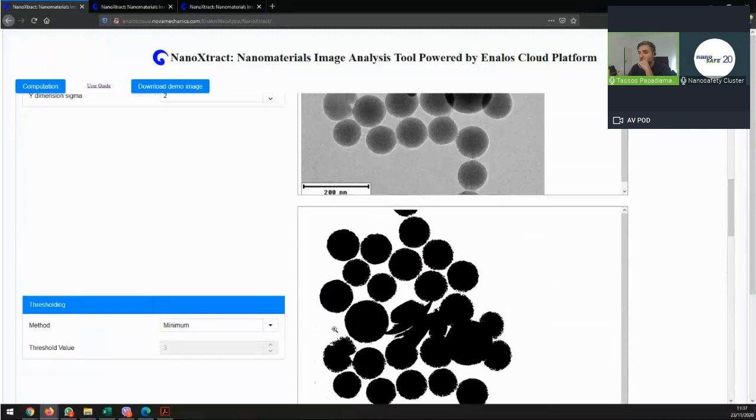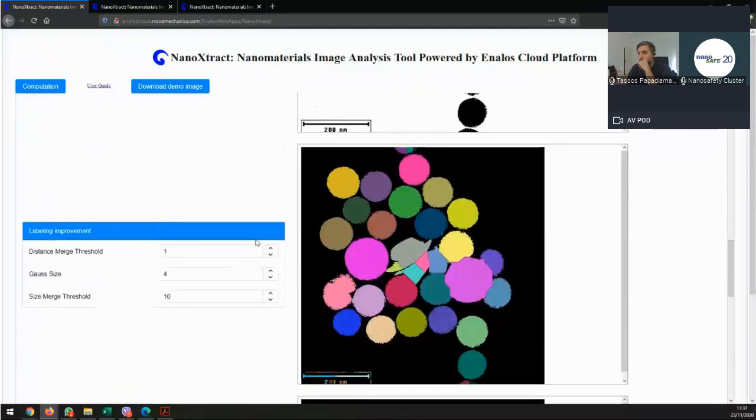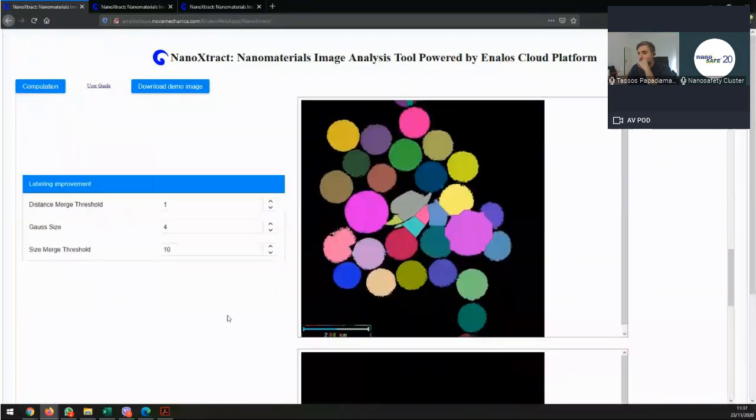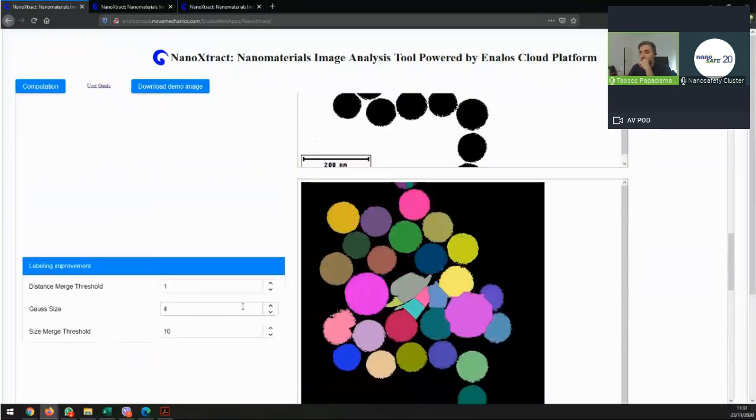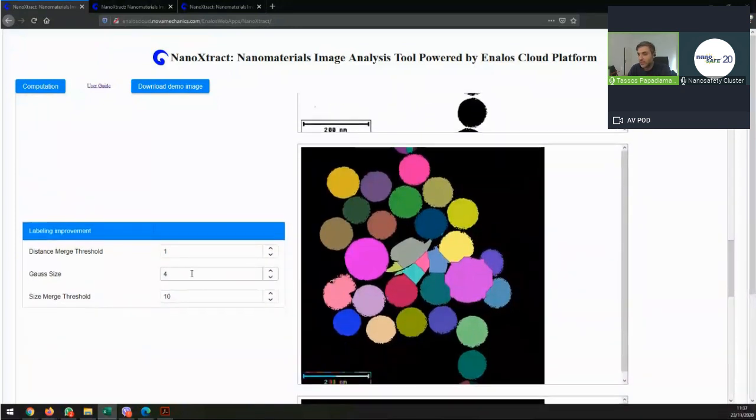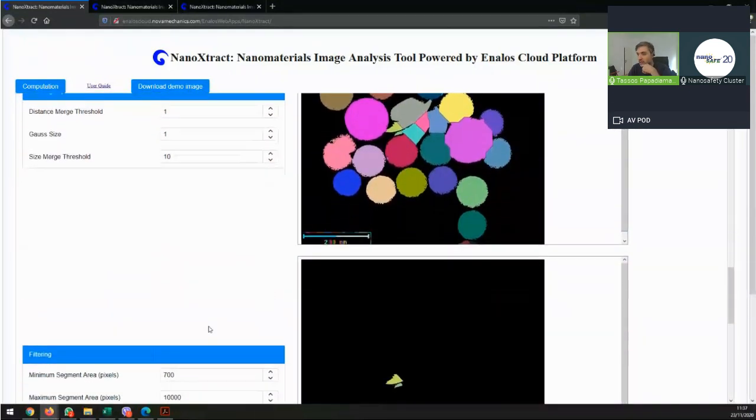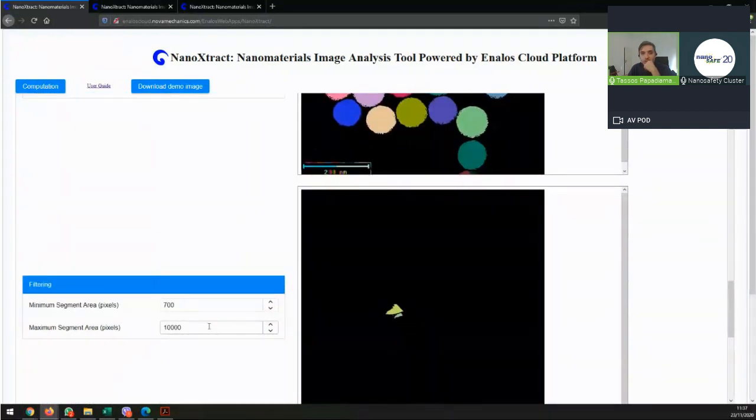You see, we got a slightly better identification of nanomaterials. Again, we could not get the correct values. So what we can do next is more or less change how things are. Let's say the splitting. Let's try to split a bit more.